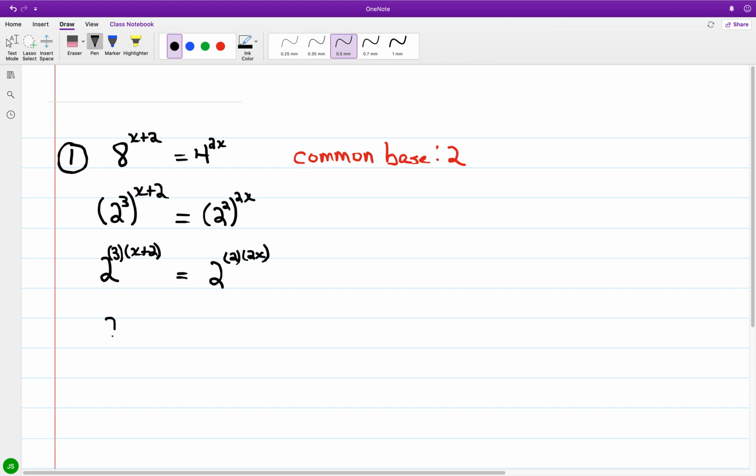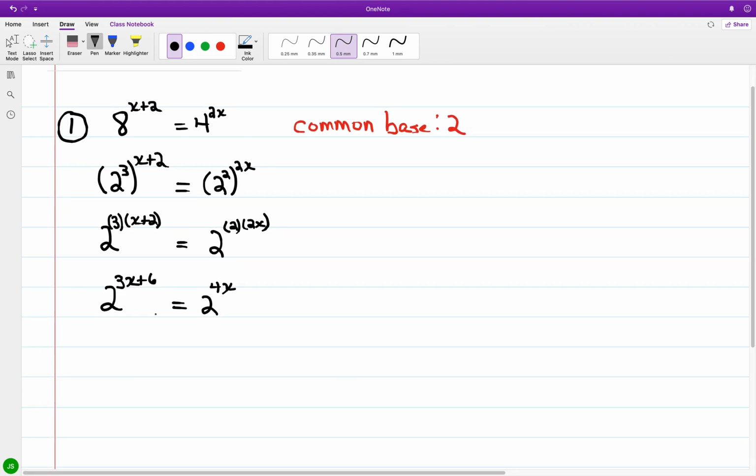And with distributing, the left hand side is going to be 2 raised to the 3x plus 6, equal to 2 raised to the 4x. Now we have single base 2 terms, and we can set the degrees equal to each other. So we have 3x plus 6 is equal to 4x, and with 4x by itself, I can join that term with 3x. Upon taking 3x away from both sides, we're going to have